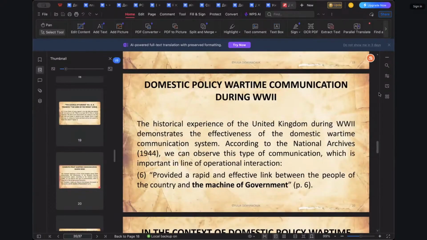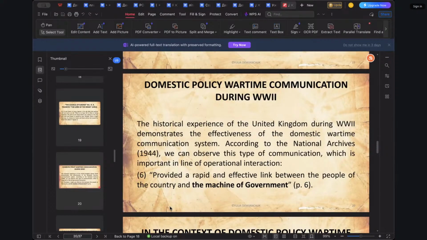And I'll also present domestic policy wartime communication during World War II. Here you can find an example of the historical experience of the United Kingdom during World War II, and it demonstrates the effectiveness of the domestic wartime communication system. According to the National Archive, in 1944, we can observe this type of communication, which is important in terms of operational interaction. In this example,